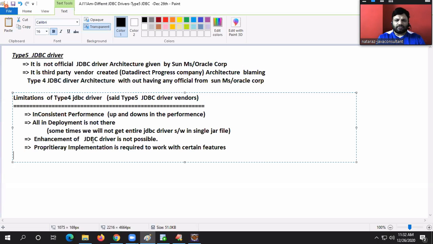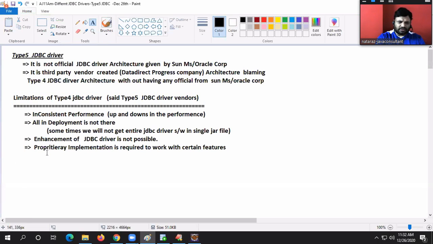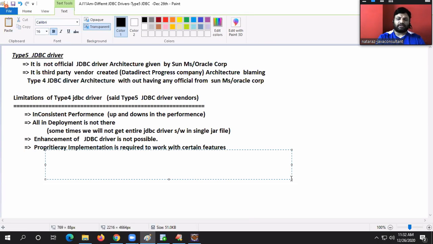When I use the word proprietary implementation, we have to use driver software specific classes, not the interfaces. Generally, we write JDBC code through interfaces so that our code remains the same tomorrow if the driver is changed, right?